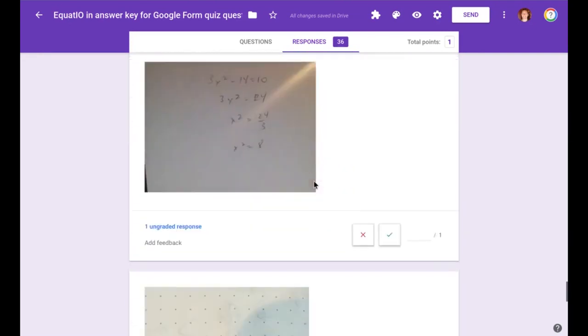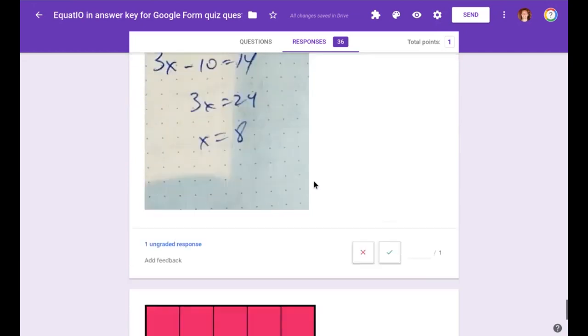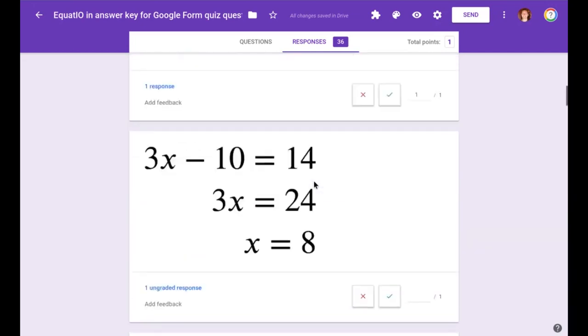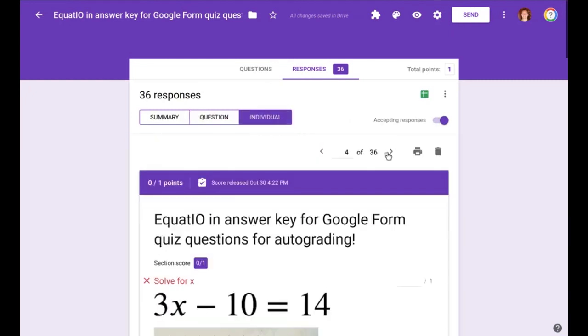but I can just see all the different processes and what's correct and what's not, and so I can move on. And then also on top of that, I can go through and see the individual responses for those that it marked incorrectly and loop back around during that class and see if I can help address their misconceptions. Again, really cool because I don't have to wait until the next time I see them after I've graded it and they've been kind of missing that foundation to build upon for that next lesson. So it's really just-in-time formative assessment. I can utilize it to inform what I'm going to do in the classroom.